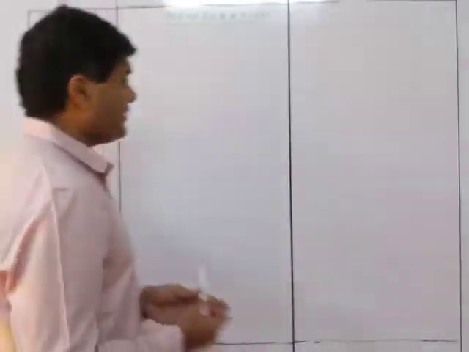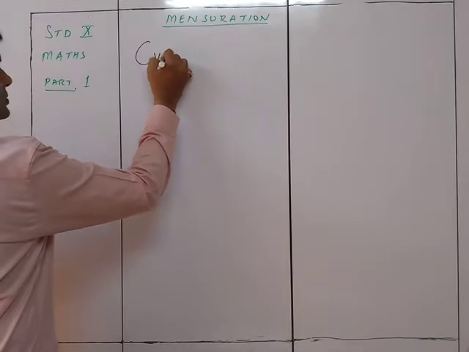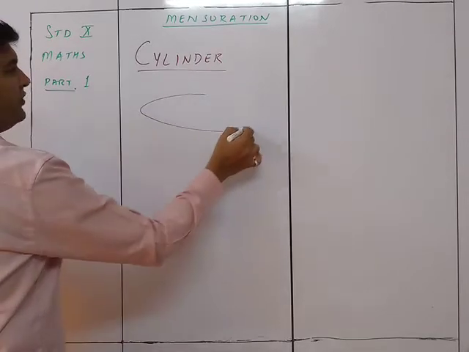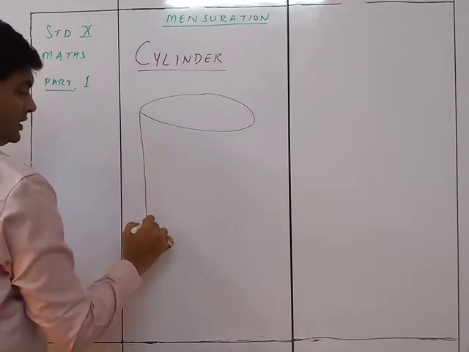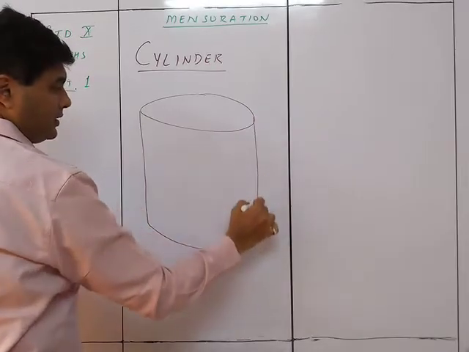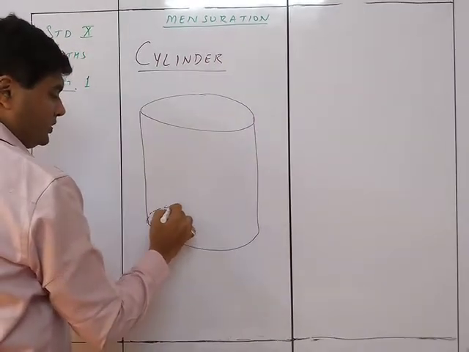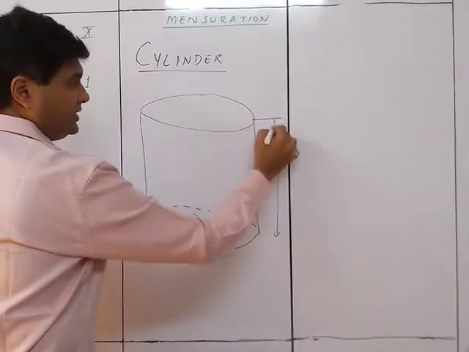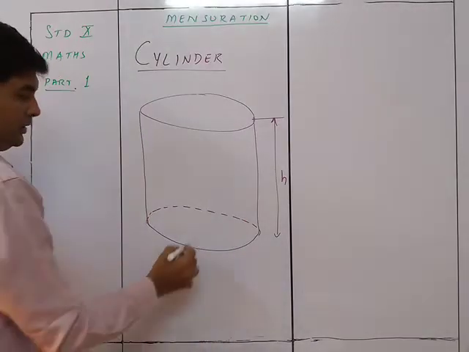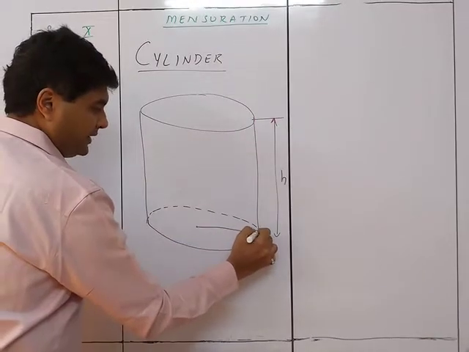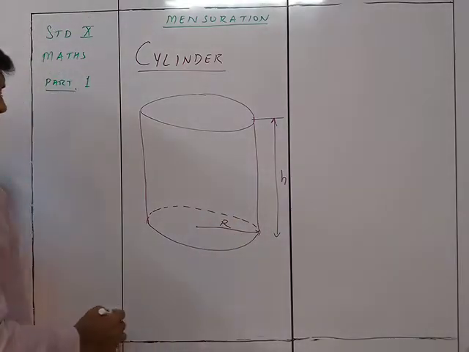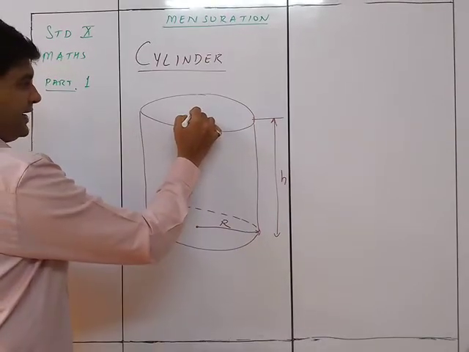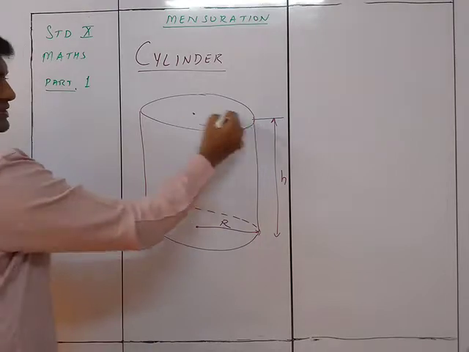So a cylinder is a solid figure having a circular base and a height. This will be a circular base over here, and from here to here is the height. From the center to this particular part is the radius of this cylinder, also called the radius of the base. So from this center to this center is the height over here.